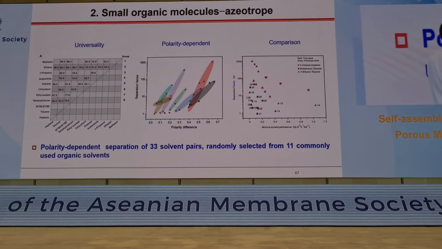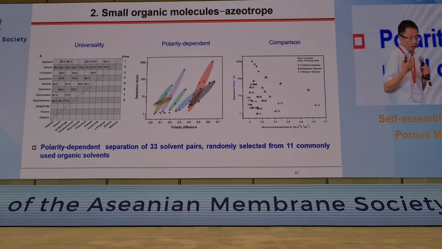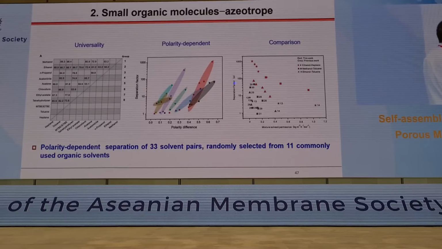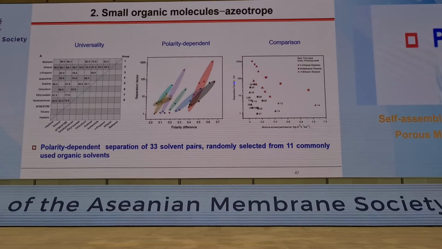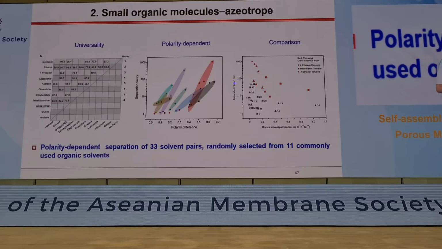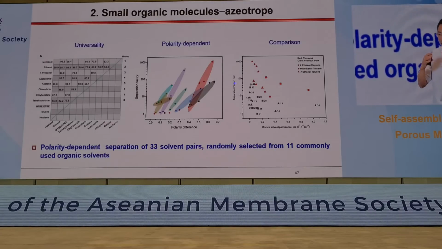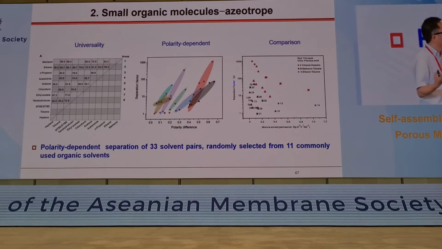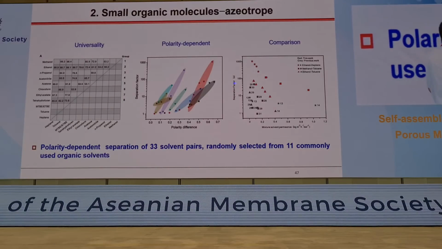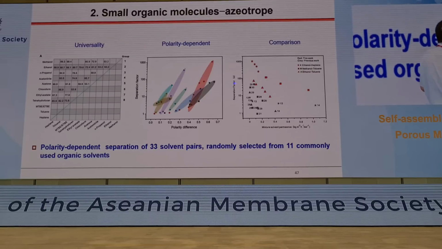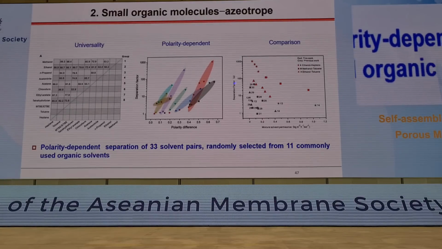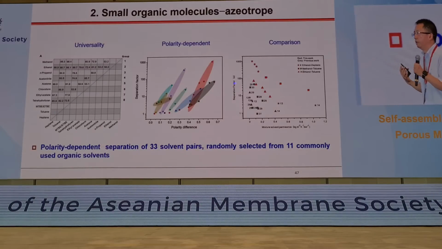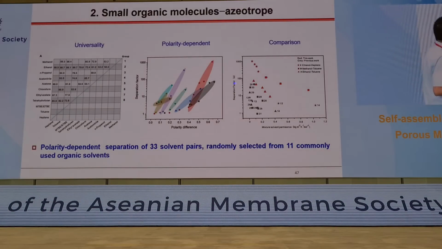We also tested the universality of our membrane in separation of 33 solvent pairs. We found that if the polarity difference is larger, we get better selectivity. Moreover, for all these solvent pairs, the separation factor is 1 or 2 orders of magnitude higher than current